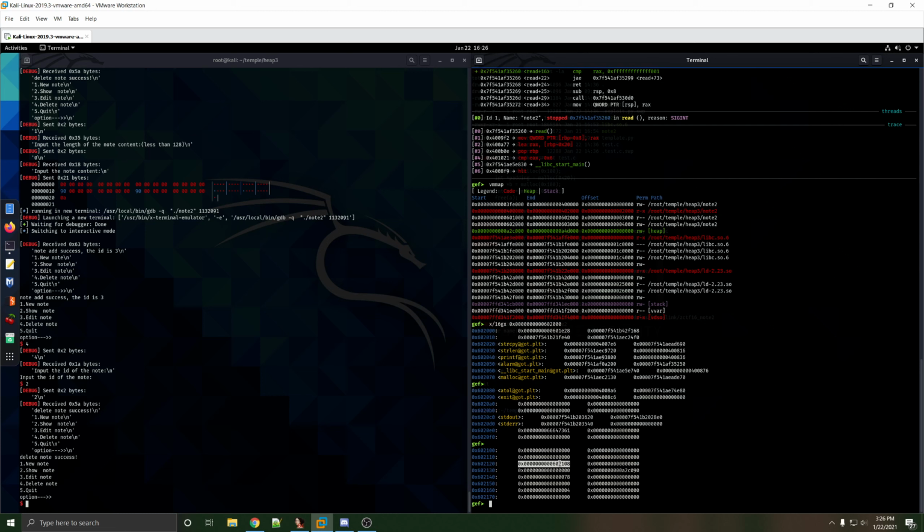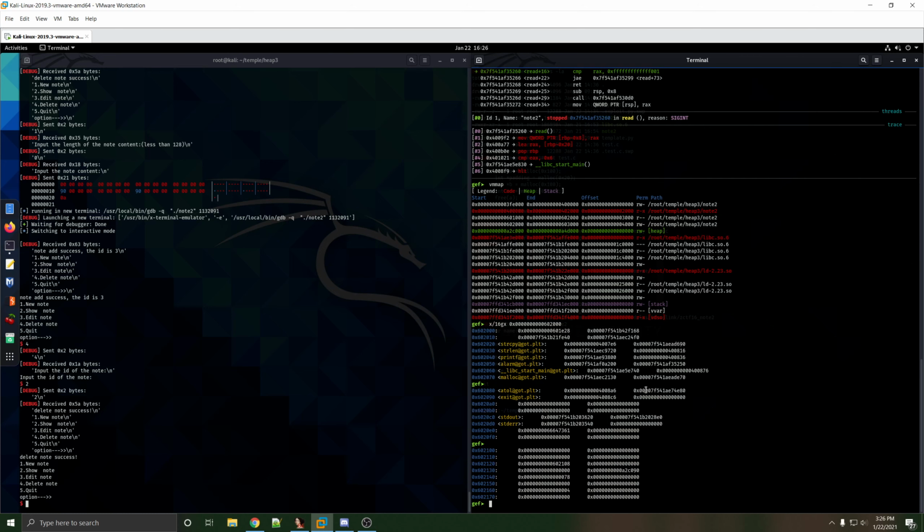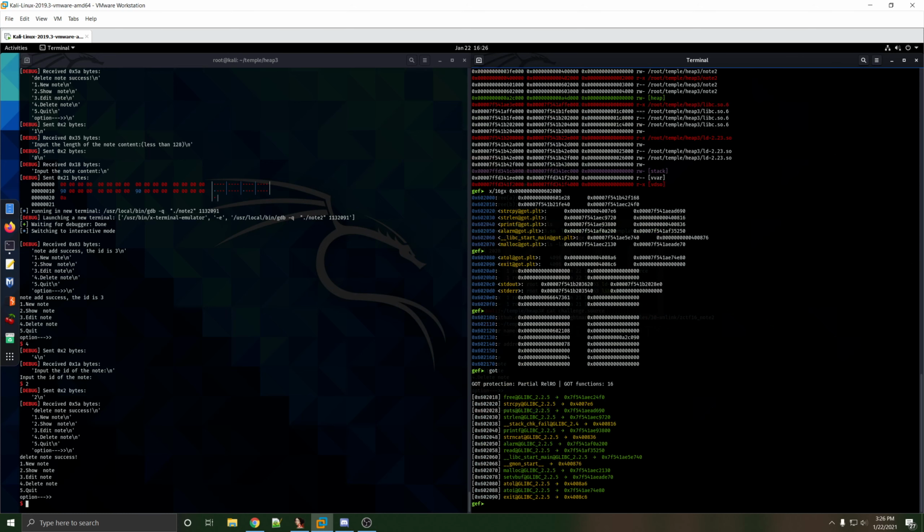But the ROP could work, because we could edit a ROP chain into this location, and then maybe if there was a gadget inside the binary that allowed us to gain control of RSP, and we overwrote something in the GOT to do that. But the way we're going to do it, because those both sound like more difficulty than we really need to do, is that we have this address of atoi, and we know